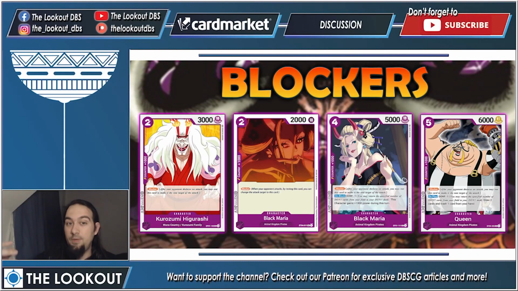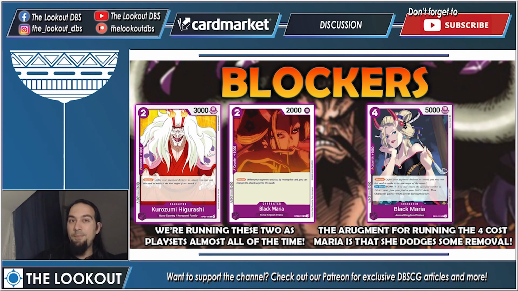Now let's talk about card choices. We will start with blockers. So these are our 4 options for blockers. Let's just briefly go over each of them and explain why we're playing them. We are playing a playset of Kurozumi and Black Maria 2 drops. So Kurozumi is awesome because this is a 3k blocker, while Black Maria is just 2k, but there's also an argument that can be made for the 4 cost Black Maria, which is 5k, and that is when you're playing